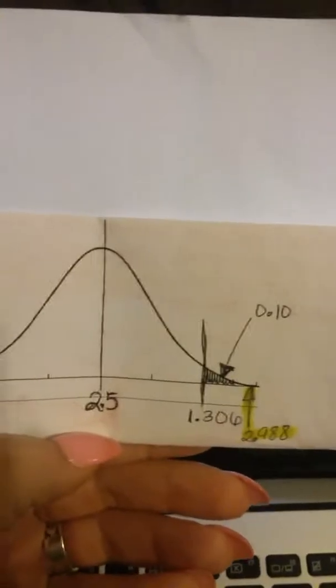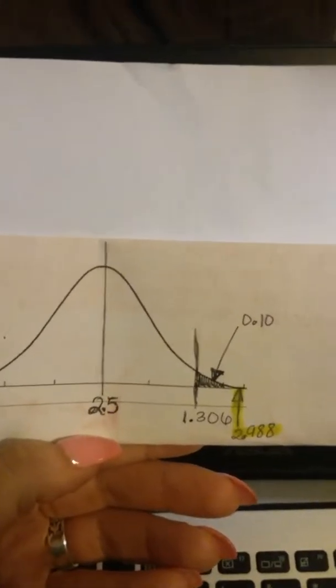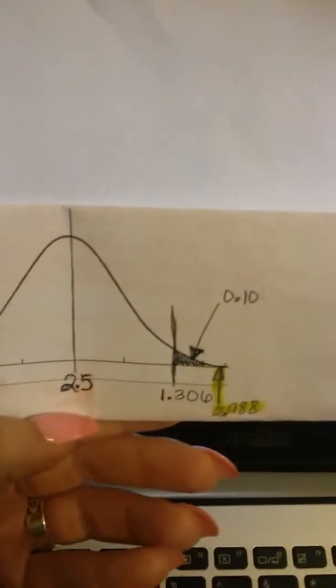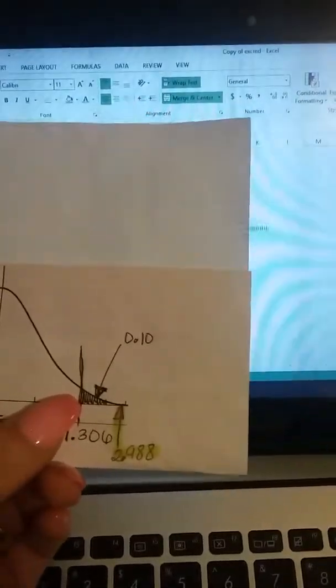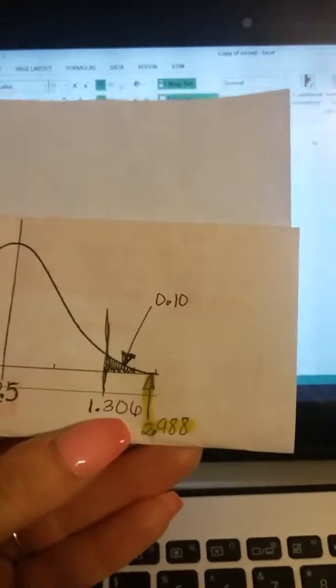Please ignore her. I made this beautiful little graph showing that 1.306 is the critical value. The rejection region is 0.10, and my test statistic is 2.988. And so that is clearly in the rejection region. So that means that we will reject the null hypothesis